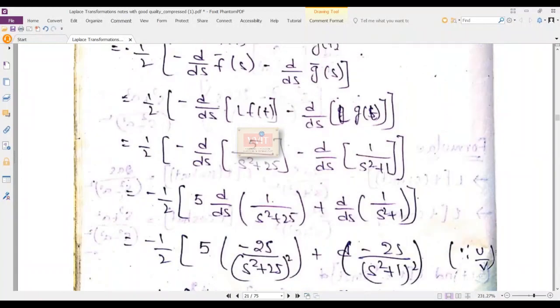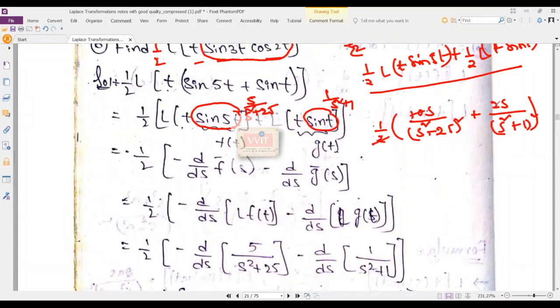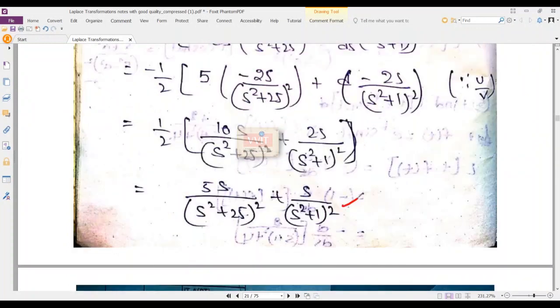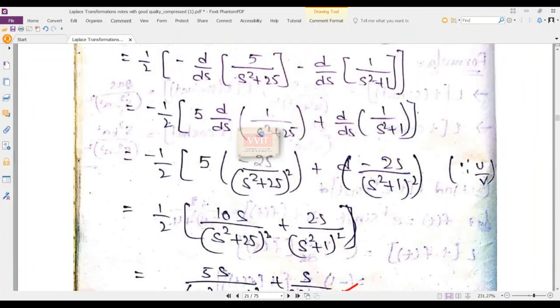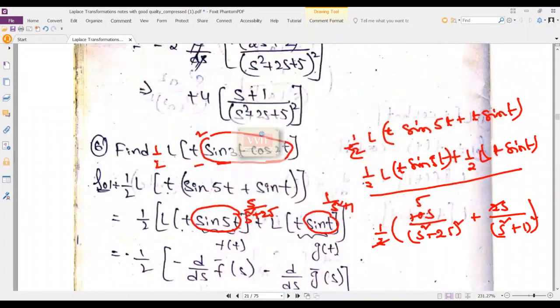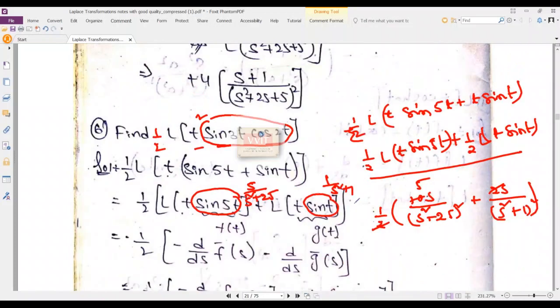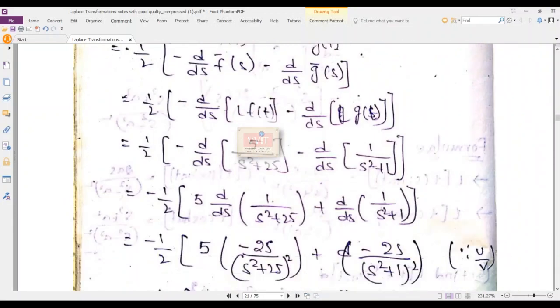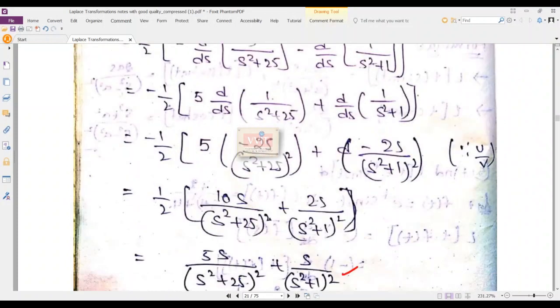And in this, what they tried is 2 gets cancelled. So here is the 5, here is 1. That's the only thing they made here. If you can think quick, you can avoid this many steps at the time of practice. But in examination, you must show your steps clearly.